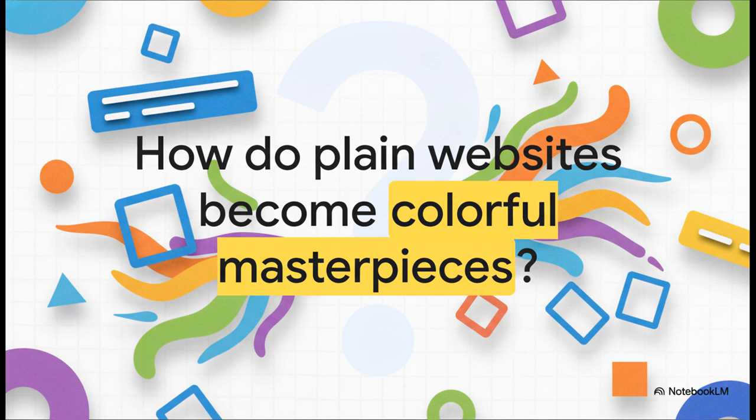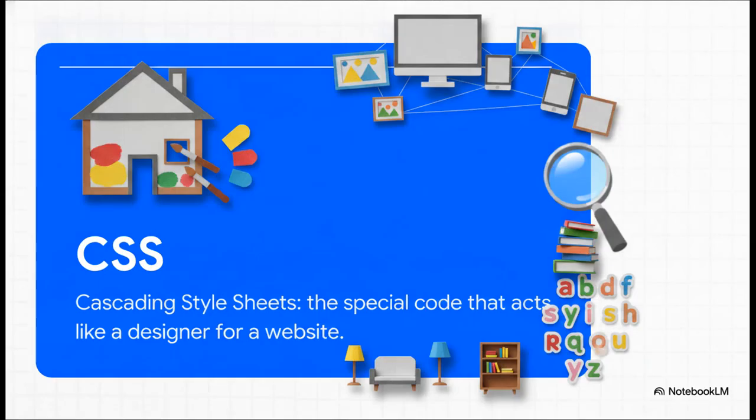Without the tools we're about to explore, the internet would literally just look like a giant, endless black and white Word document. Every single button you click, every sleek menu you swipe through, and every perfectly positioned image, yeah, that's all the result of a very specific set of rules working behind the scenes to give the web its entire visual personality. Enter CSS. It stands for Cascading Style Sheets, and you can think of it as the ultimate interior